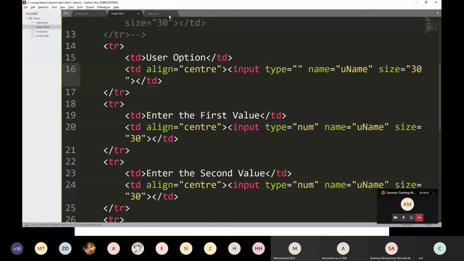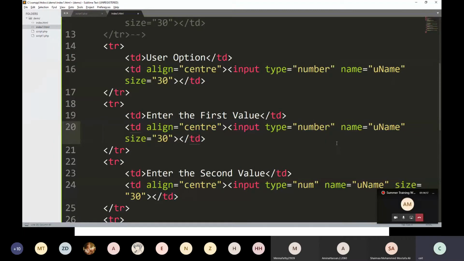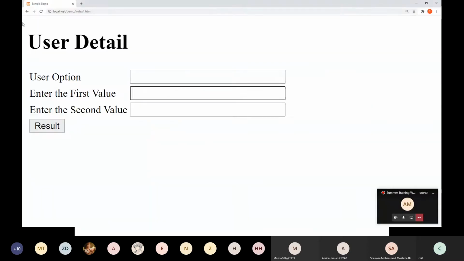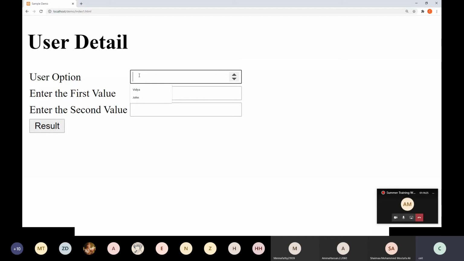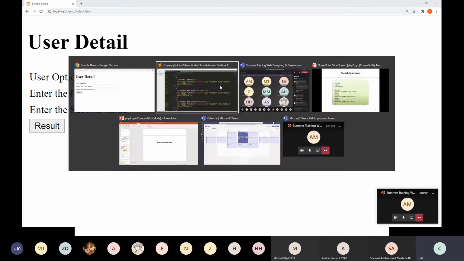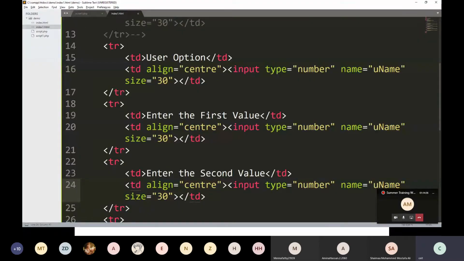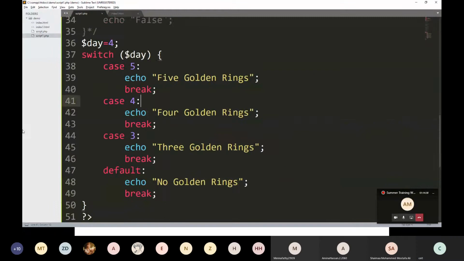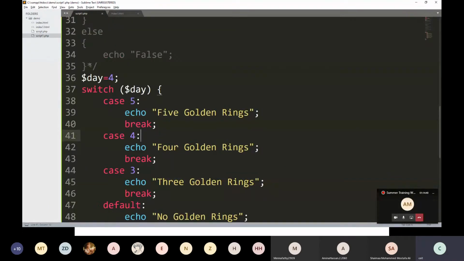Input type number, input type number, and input type number. Now first I need the user option, then I need the two values. Based on the option, it will calculate the result, just like a simple calculator. Then in script.php,